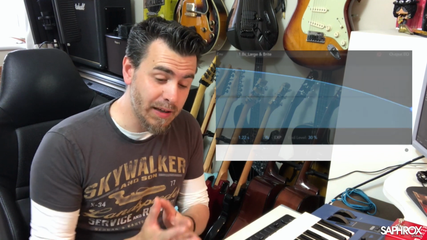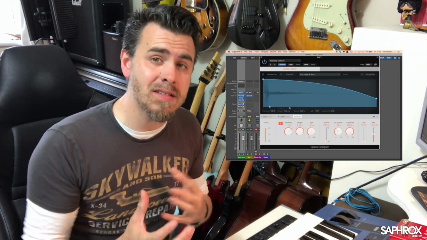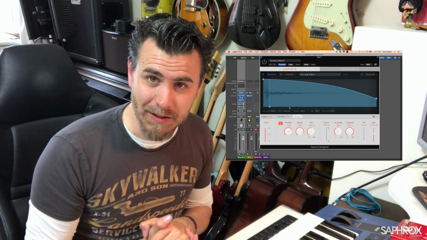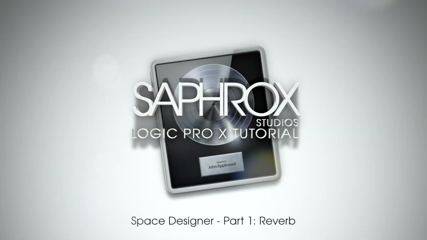Today we're going to take a look at part one of our Space Designer series. We're going to find out how Space Designer can work for us as a reverb unit. So in part one, we're going to take a look at Space Designer and see how it is a reverb unit. Now, it is found in the stock plugin lists within Logic Pro X in the reverb